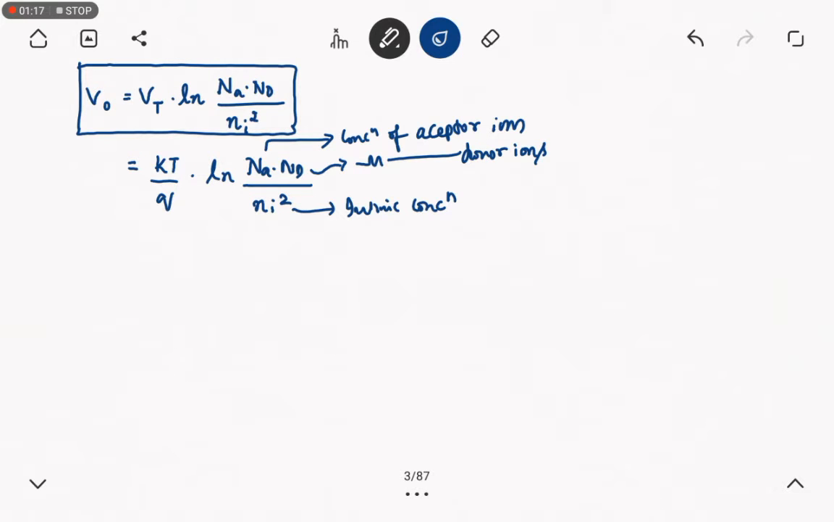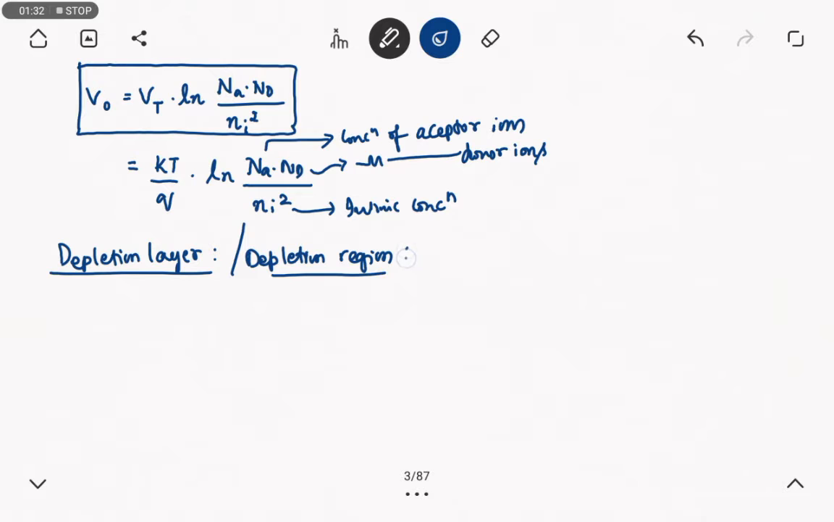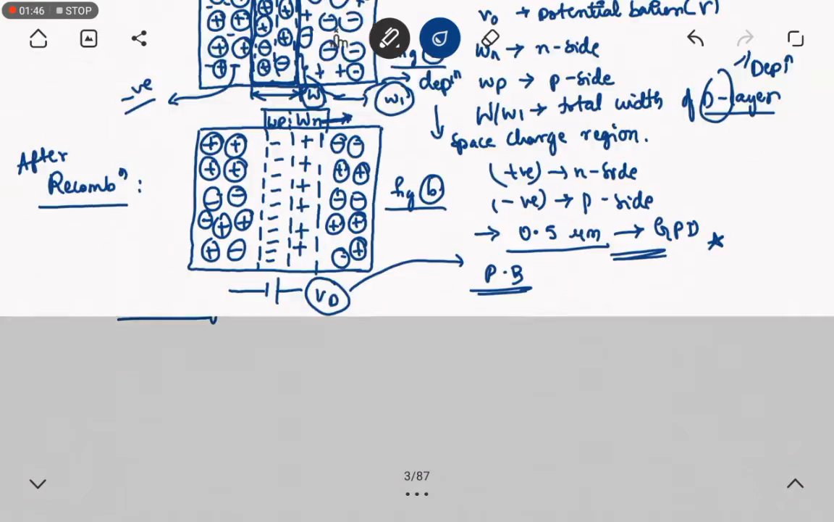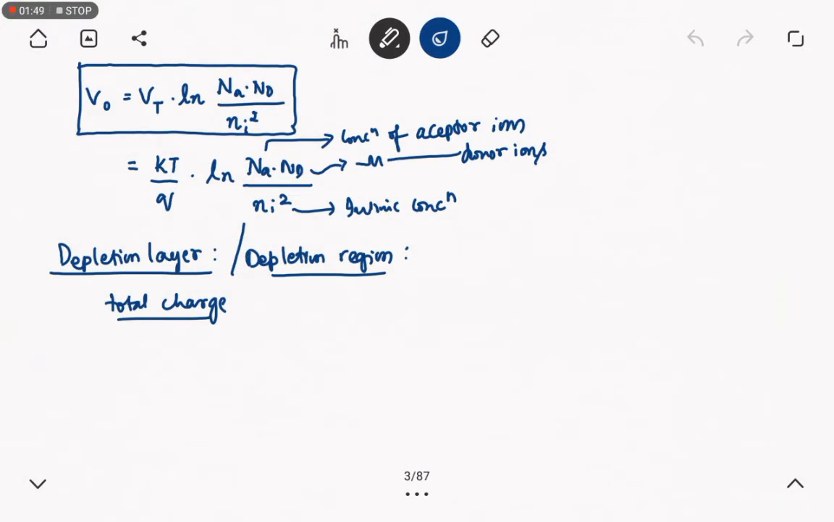Next we will be moving on to the topic depletion region. What exactly is the depletion layer? This can be called depletion layer or depletion region. The depletion region means the total charge. We all know what is depletion region. I have explained it before. This is depletion region. So coming back here, the total charge in the depletion region which is on N side